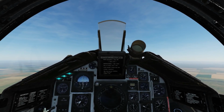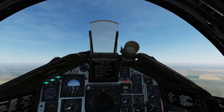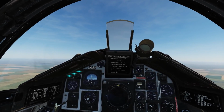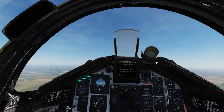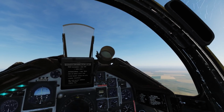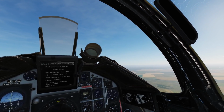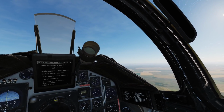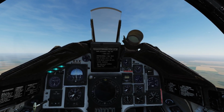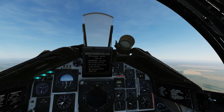So we're in our Viggen and today we're going to look at our RWR, our radar warning receiver. First of all, just a bit of theory about what this is. Most or all modern fighter aircraft have an RWR, and what it does is it listens. It's a passive system only. It listens to radar signals, whether they are hostile or friendly, and basically warns you about them. It interprets them into a visual layout so that you can see the different possible radar threats that are around